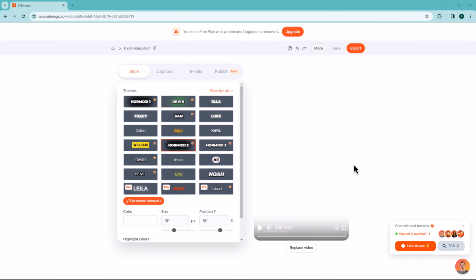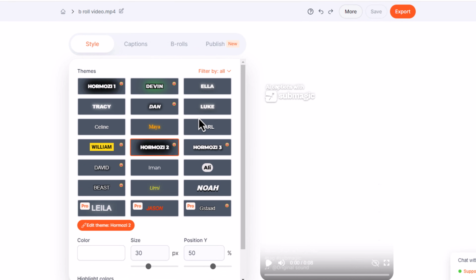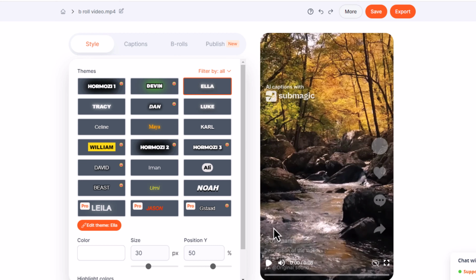Now, once the processing is complete, on the left side, you will find the Themes section, where you can explore many caption styles. To apply any caption style, simply select any theme, and this will automatically generate captions for your